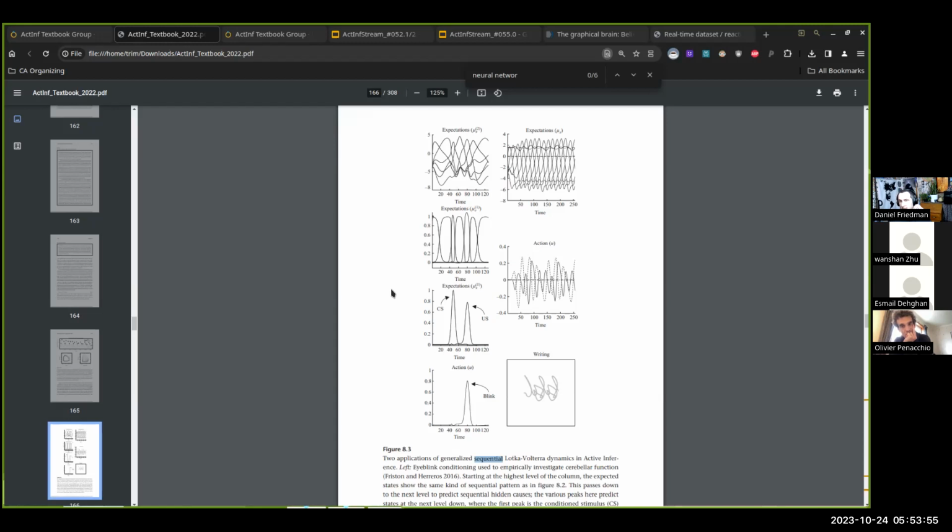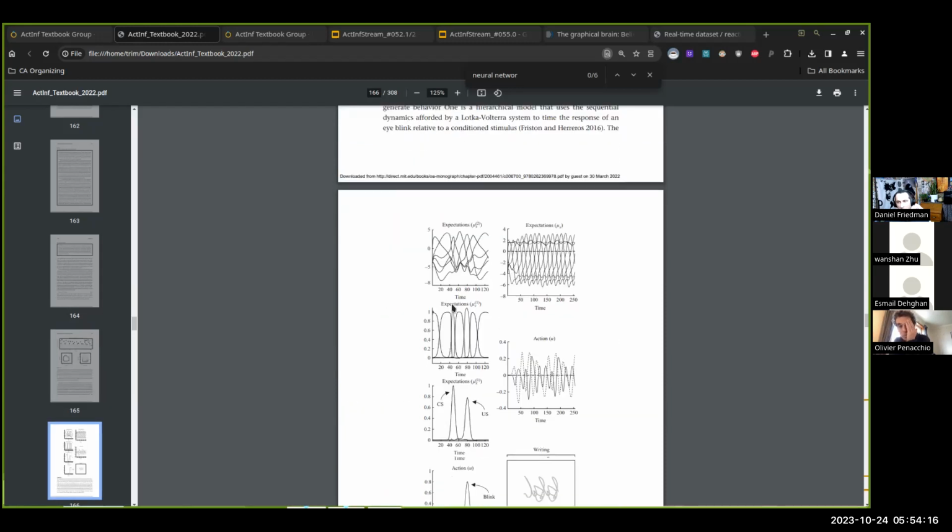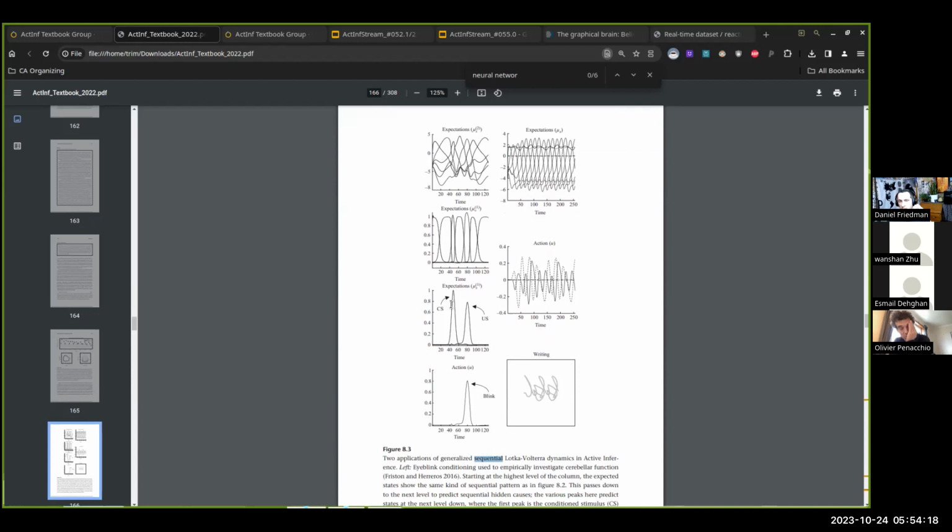But to do a multi-stage action, how do you get that into continuous time? The first approach shown here was asking how you get a multi-stage action where first I want the plant population to drop, then I want the carnivore population to go up. There are ways to tune the continuous relationship so that you get a kind of canonical unrolling in response to a certain stimulus, or endogenously generated, which is what they did in the handwriting case.